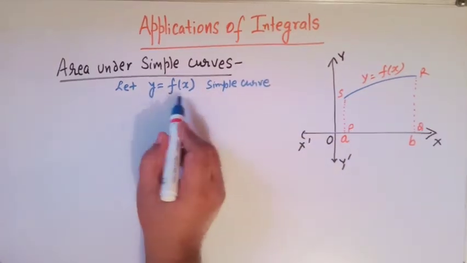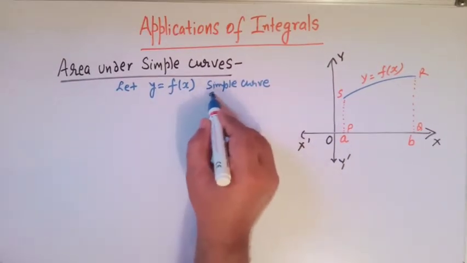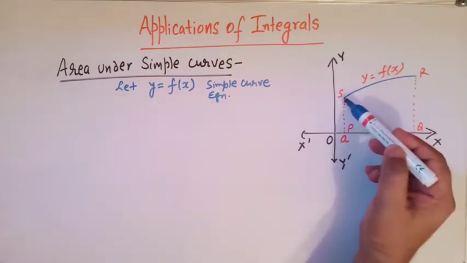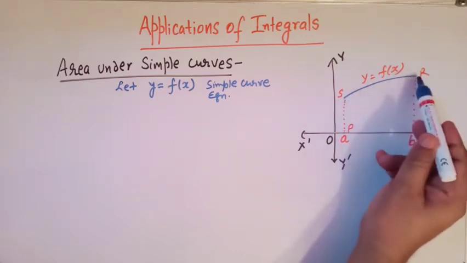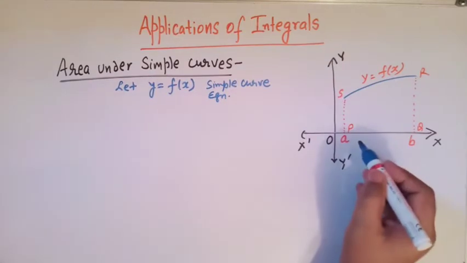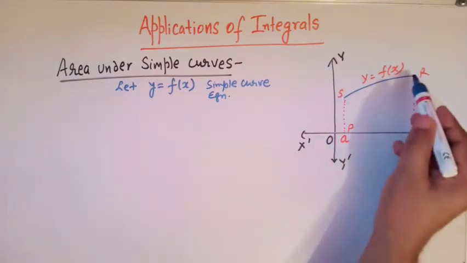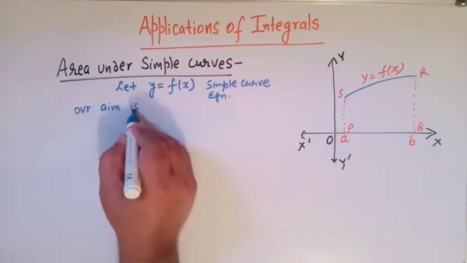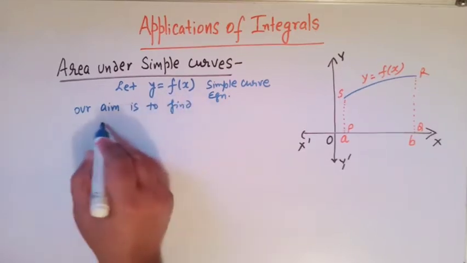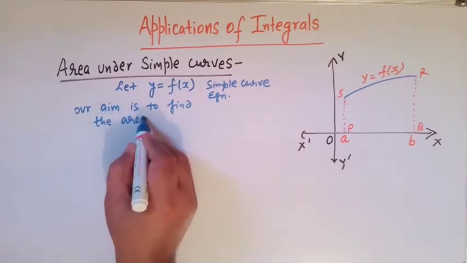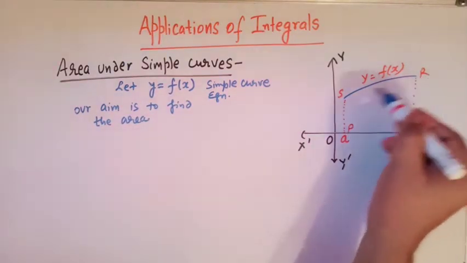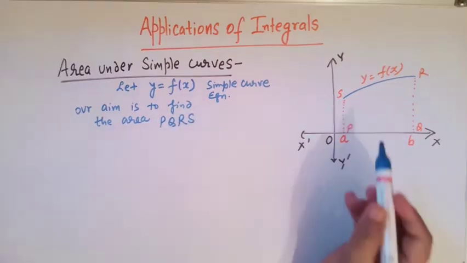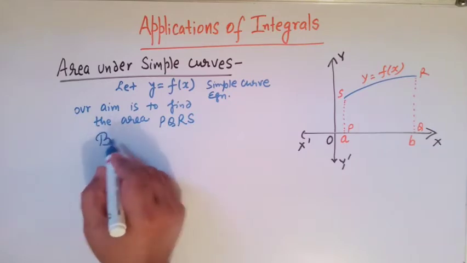So y is equal to f(x) is the equation of a simple curve, and the curve is represented by SR. Clear? Okay. Now suppose we have to find this area, that is, our aim is to find the area PQRS. That is the area bounded by